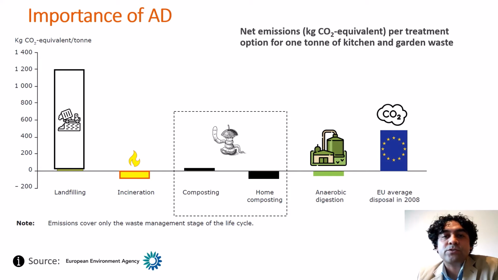The average emissions from municipal biowaste treatment in the European Union are largely influenced by the significant use of landfill in many countries. A shift to recycling or recovery options for biowaste would thus yield important climate benefits. In 2008, around 44 million tons of municipal solid waste were composted. This led to emissions of 1.4 million tons of carbon dioxide equivalent. Treating all this waste by anaerobic digestion instead would reduce the net emissions to minus 2 million tons of carbon